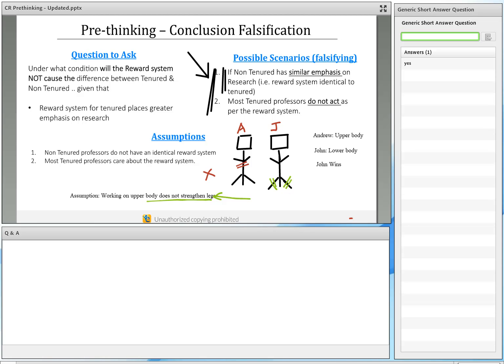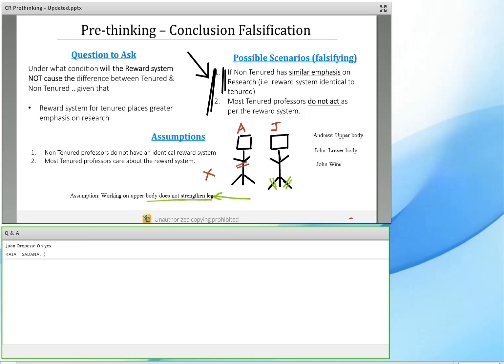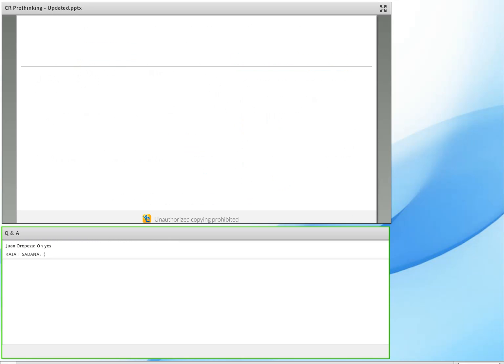You can put your answers. Okay, Juan has put his answers. And so when you're talking about the emphasis on research, you're going to have to compare. If I did not emphasize research as a tenured professor, what else would I have spent my time on, and essentially the impact that would have had. So the conclusion by itself is comparative. So your answer in absolutes is not going to be your correct answer.